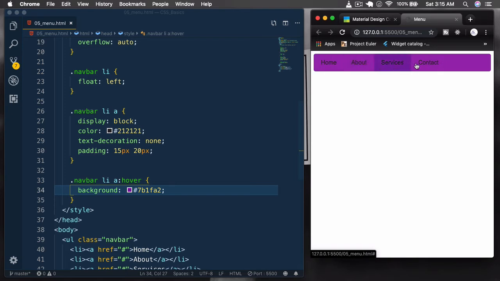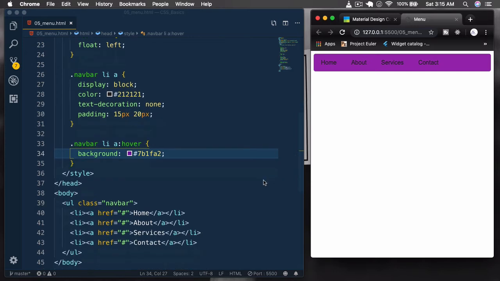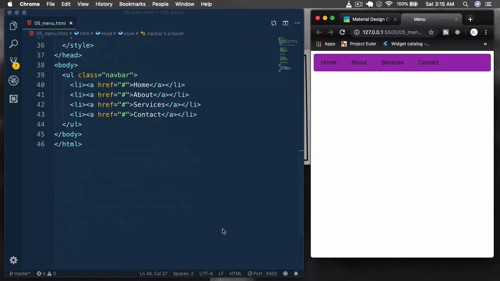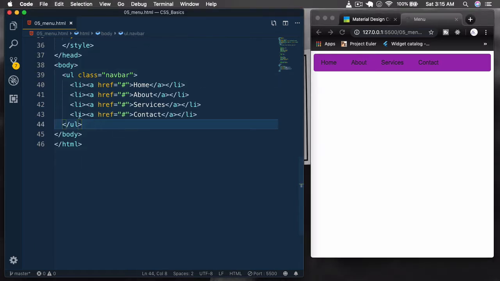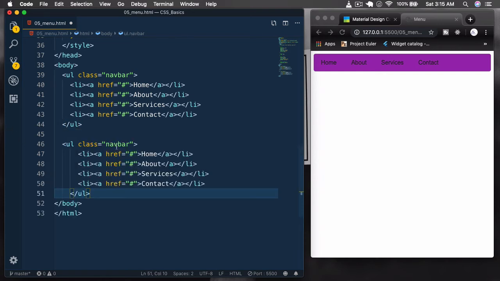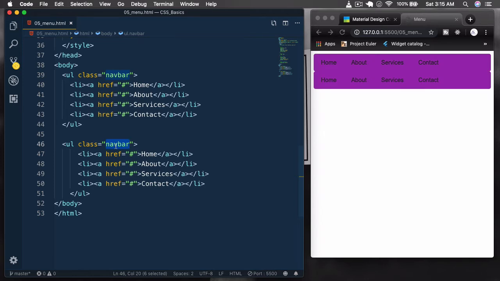So I believe you understand what this means. This is one of the navbars we've created. The second navbar we're going to create is not a navbar, it's going to be a sidebar. How we're going to do this is just to copy this out of here and paste it below. And I'll change the class, because if I save now, we're going to have two of that. So I'm going to change it to sidebar,